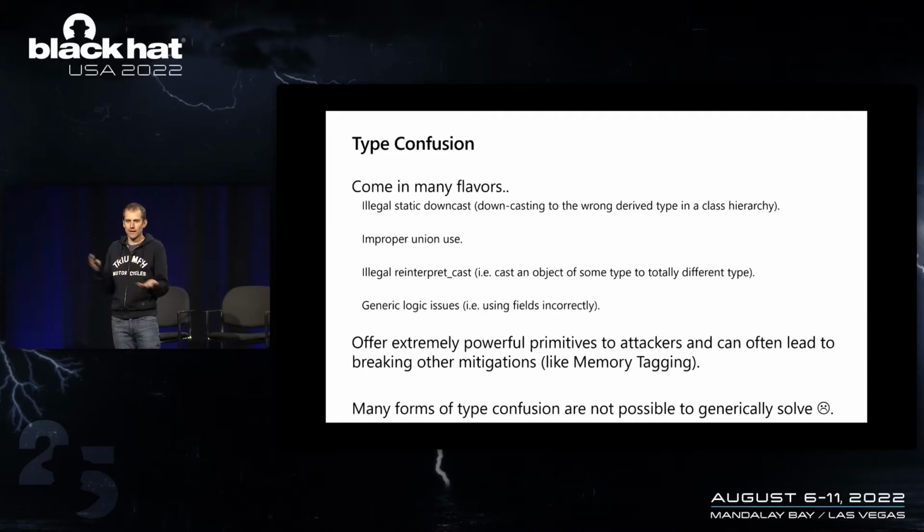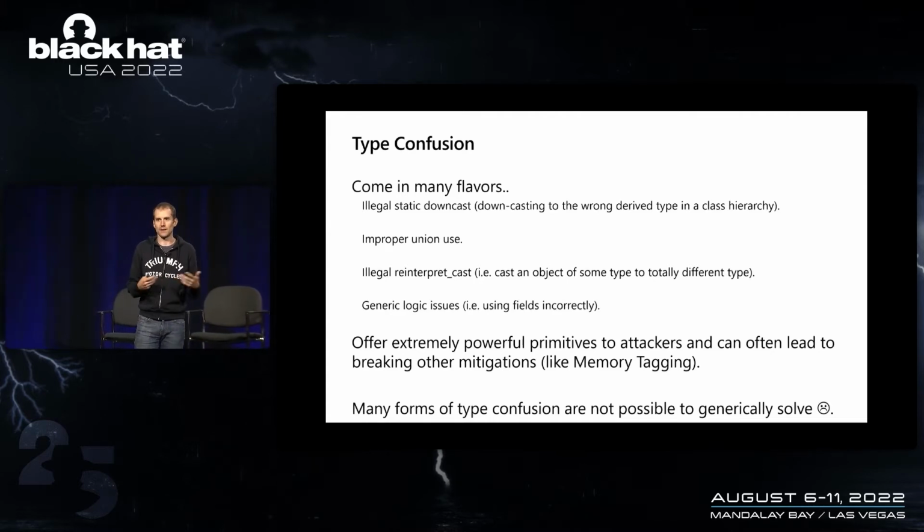Maybe you downcast something incorrectly, and then you use fields of a validly allocated and inbounds object, but you're using fields that aren't actually what you think they are. Similar thing with unions. You might use the wrong field of a union, but it is live memory. It is an inbounds memory access. You're just interpreting it wrong.